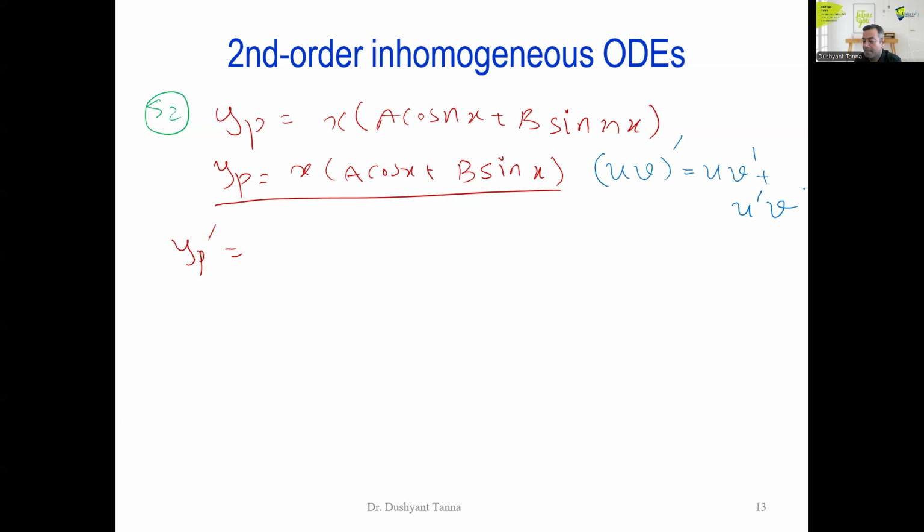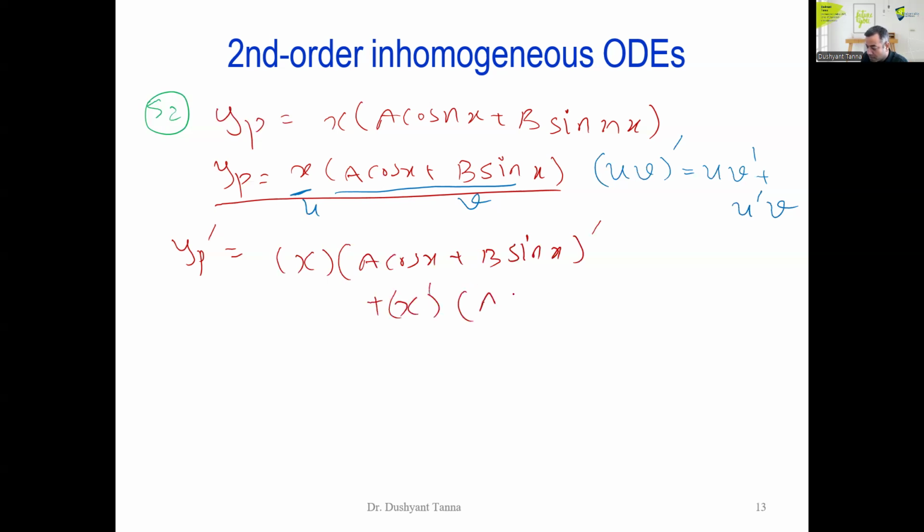Differentiation of one of them while the other is as it is, and swap the order, right? This is my u, this is my v, right? If you want, I can write a few more steps. So u as it is, x, (A cos x plus B sin x) dash,